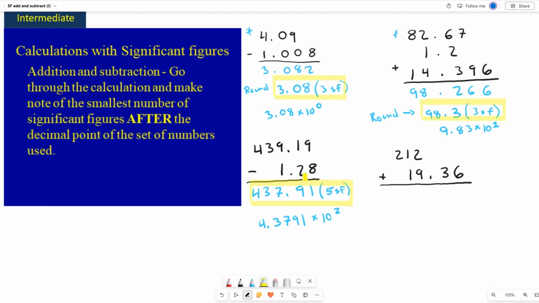And our fourth and last problem has 212 minus 19.36. Well, the 19.36 has 2 digits after the decimal point, but our 212 has none. No digits after the decimal. So that means our answer cannot have any digits after the decimal point as well. So if you take 212 plus 19.36, you end up with